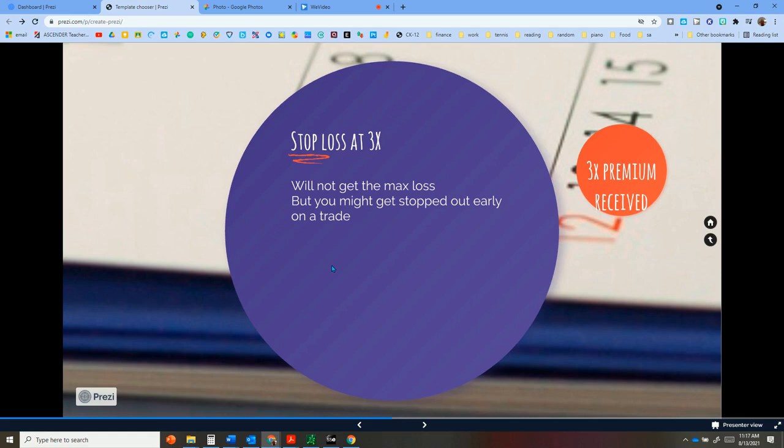I typically like to look at a stop loss at 3 times the premium received. Now, in this case, you won't get the max loss, which is the width of the spreads. You might get stopped out early, meaning if the stock starts to go a little bit against you, it may not be in the money in your short spread, but you might have to get out of that position